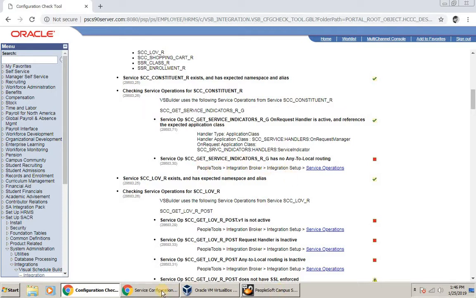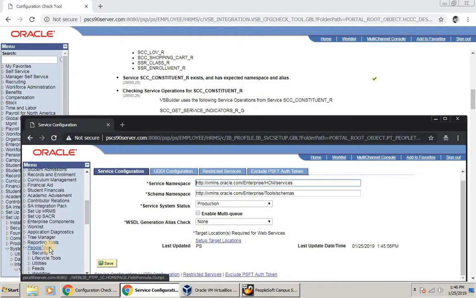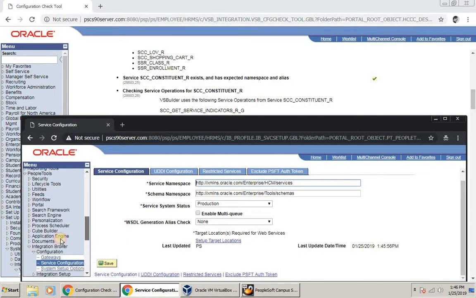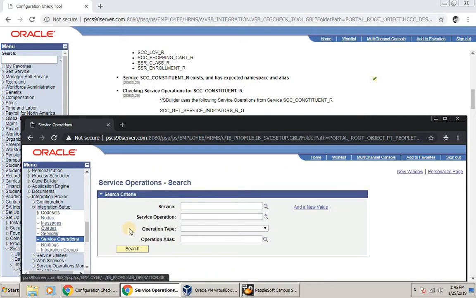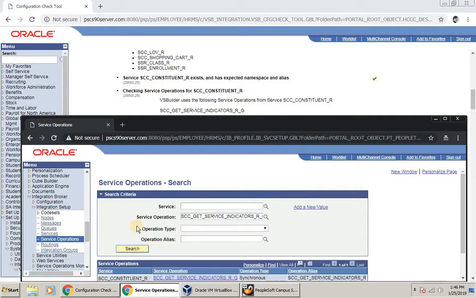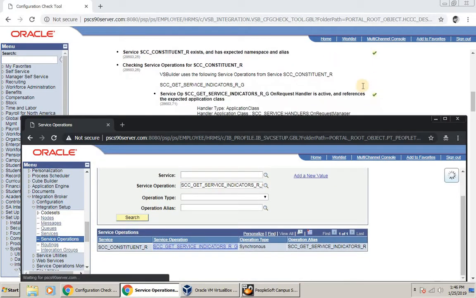PeopleTools, Integration Broker, Integration Setup, Service Operations, and search for this service. I'll paste it in here. Oops. Actually, search for the service operation. Search here. Okay, so this service operation, it said,